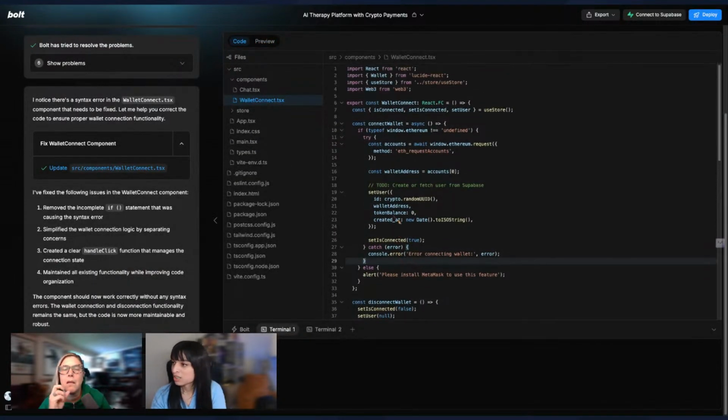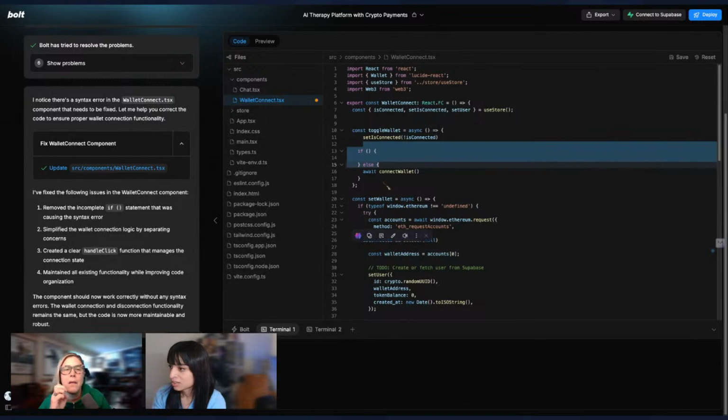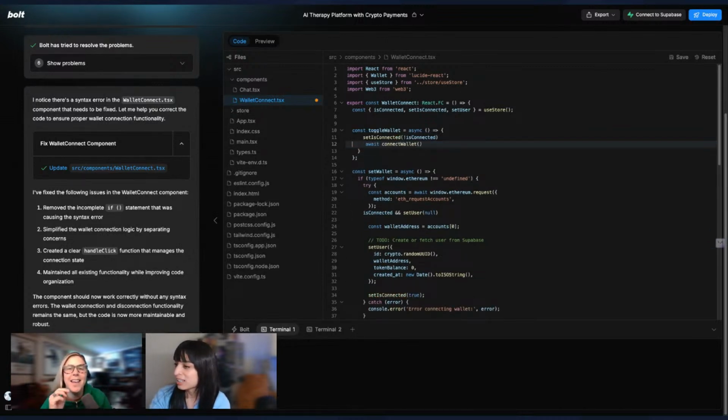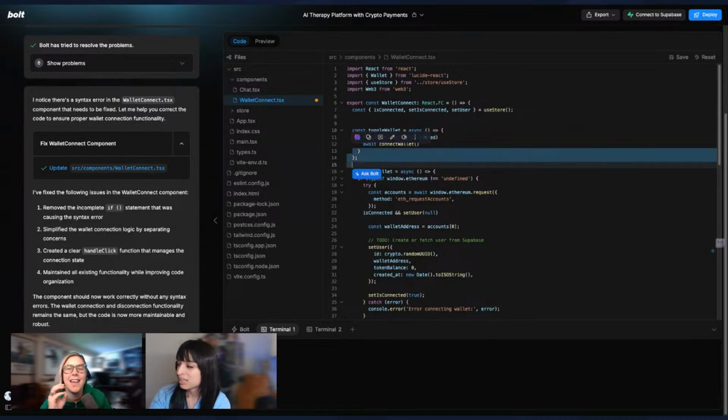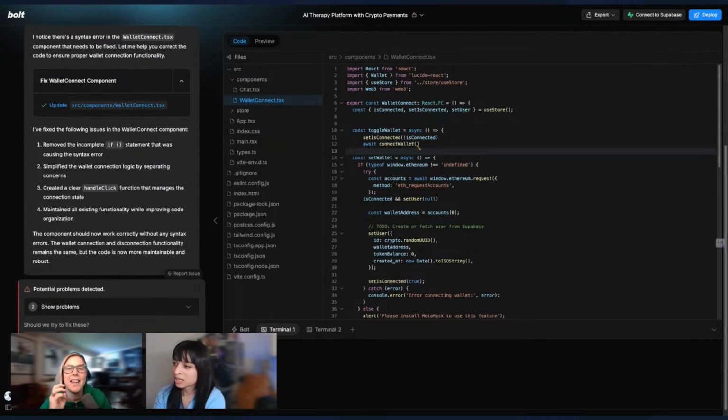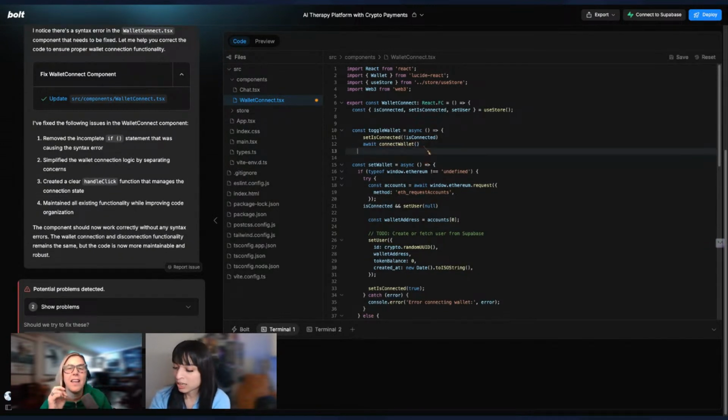They did not just do that. They said, no, we're going to do it my way. I'm like, no, you're not. All right. So await connect wallet, you're always going to run that. And if you're going to connect your wallet, it's going to be set wallet instead of connect wallet. Forgot to update that.